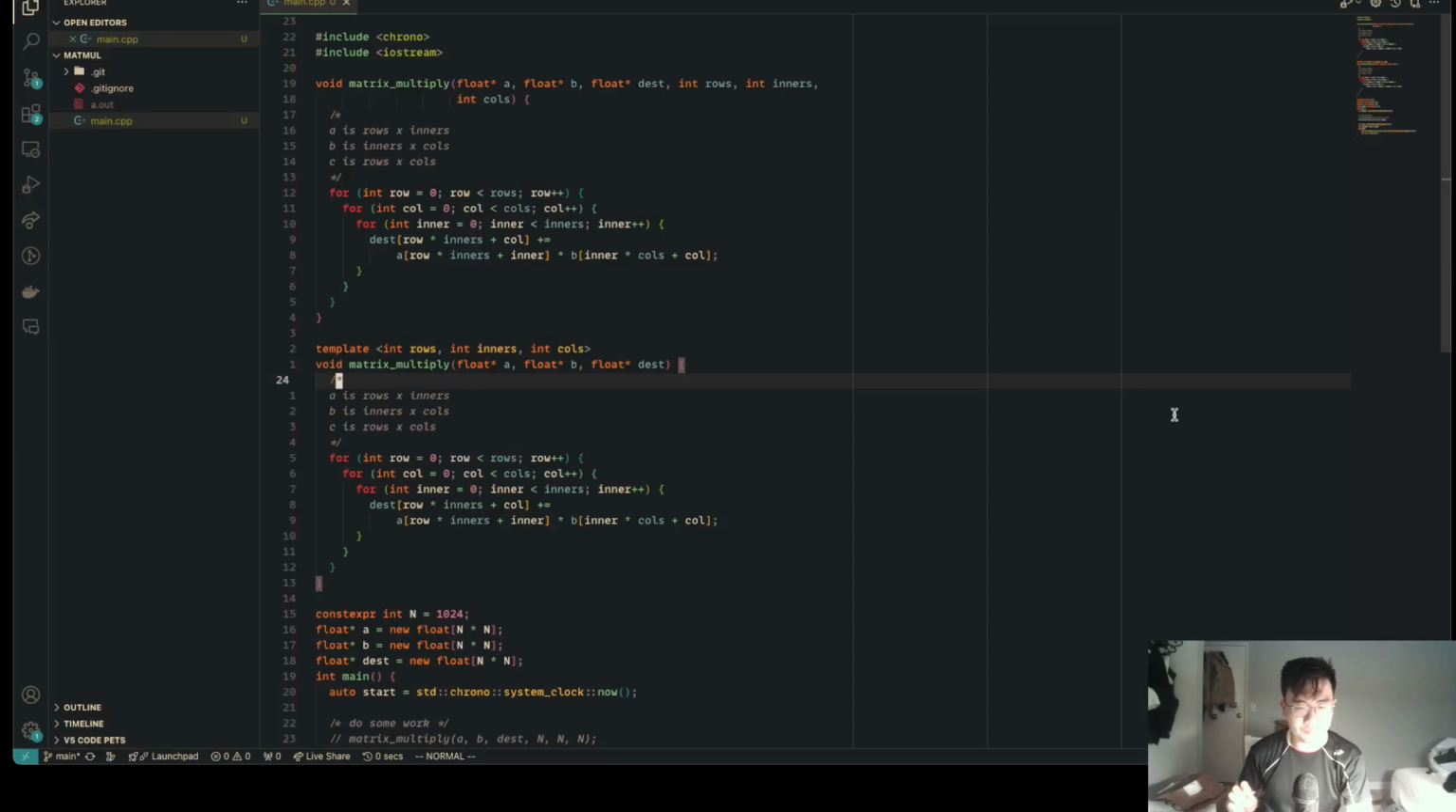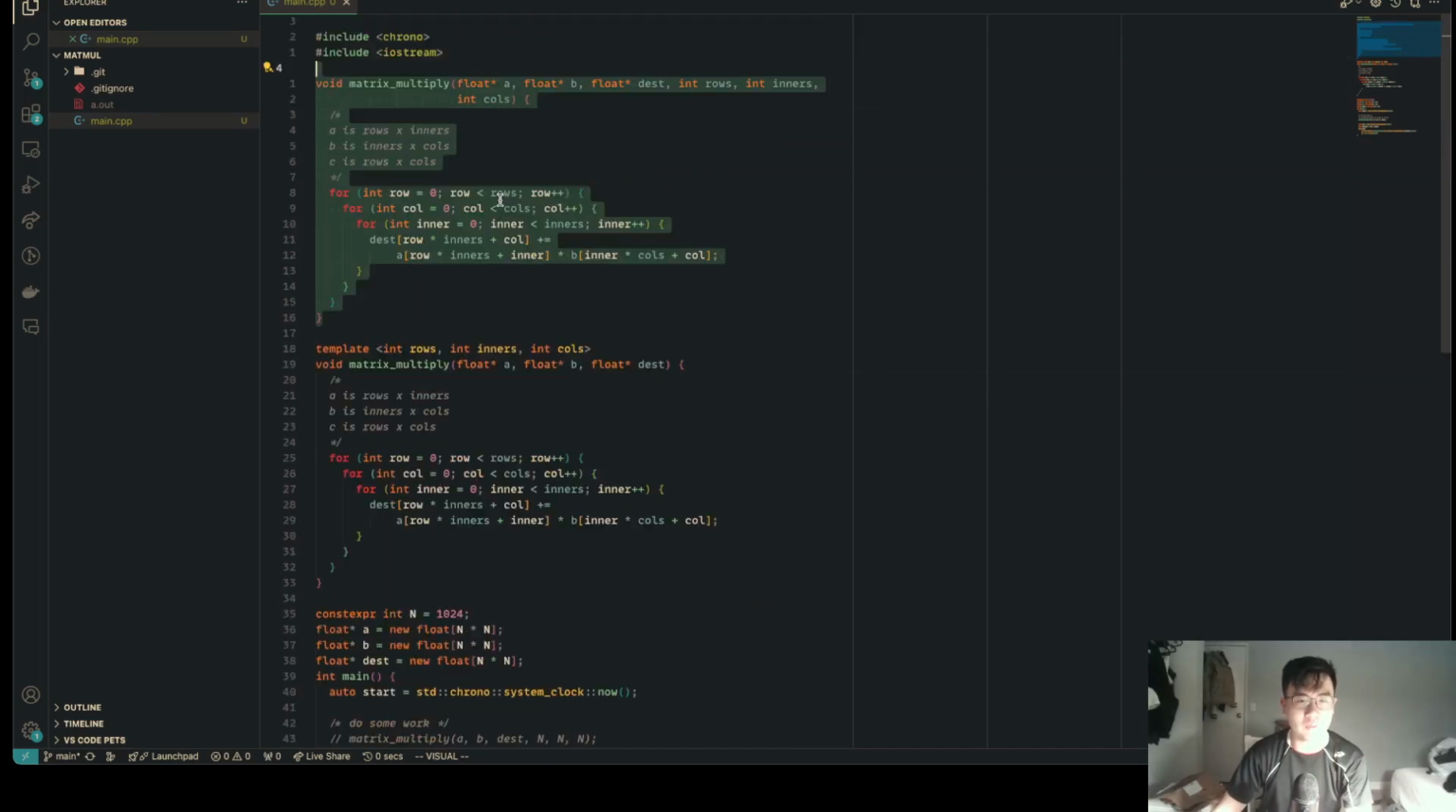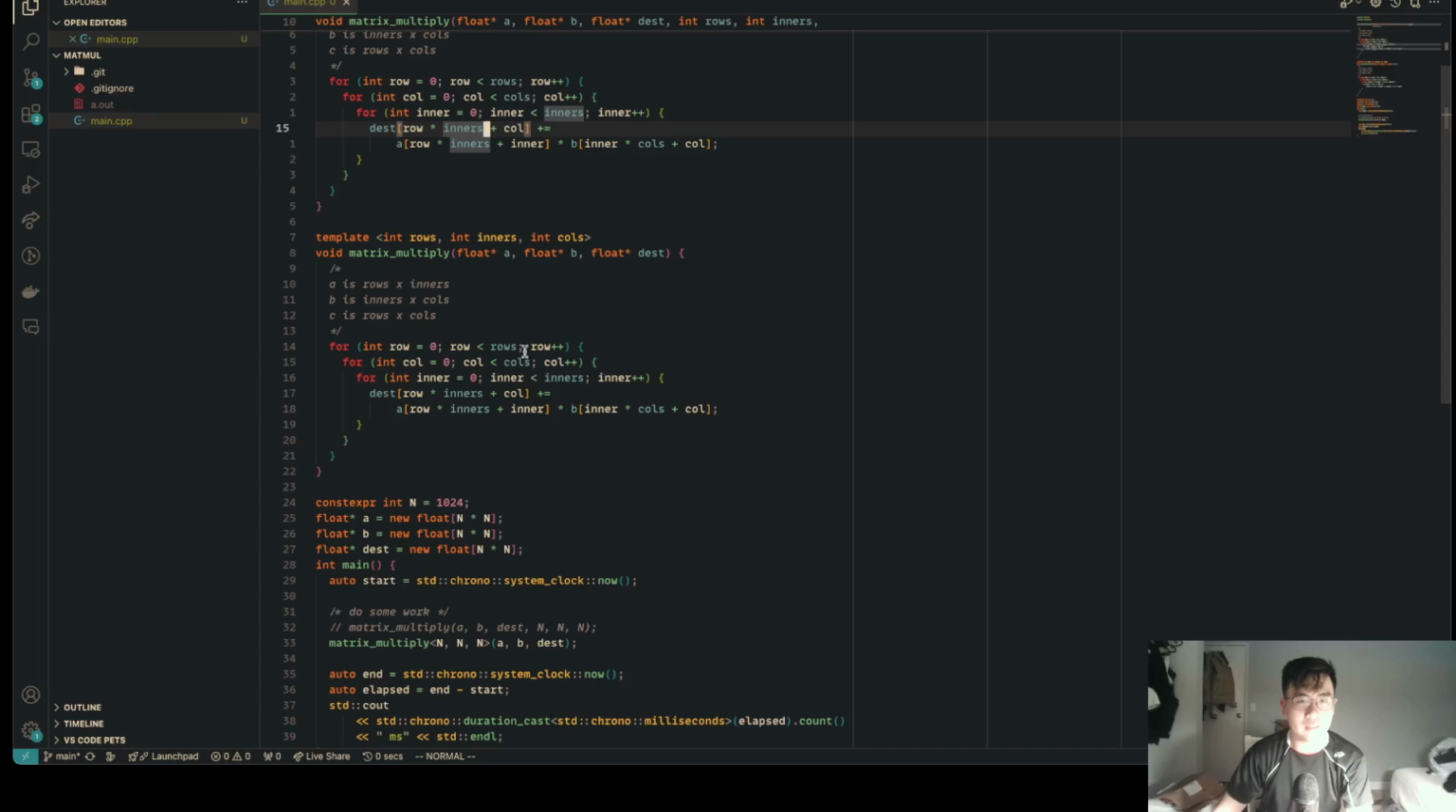So we're continuing off the work that I was doing yesterday on matrix multiplication, because I was really tired. I think I only worked on this for like 30 minutes. But as a refresher, we have a naive implementation of matrix multiply, and then we have this,